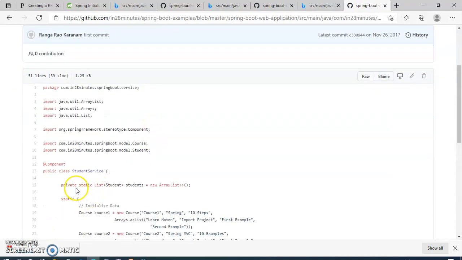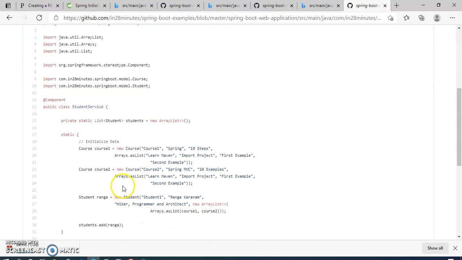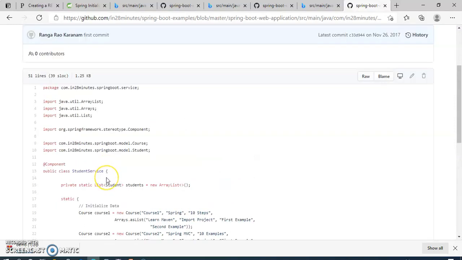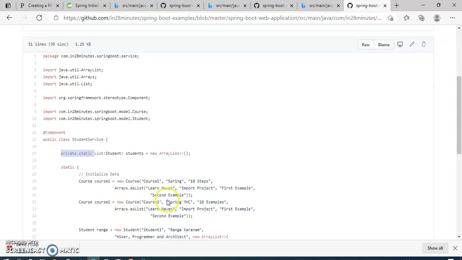Yeah, in this we can see here the private static list. In this we have a static array list to store all the data, not really talking about a database, so keep it simple.